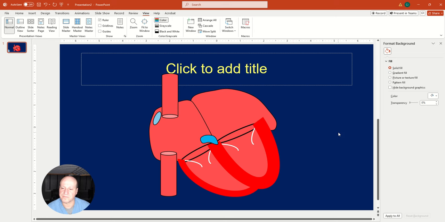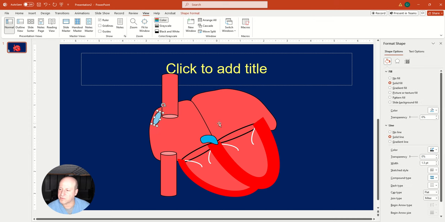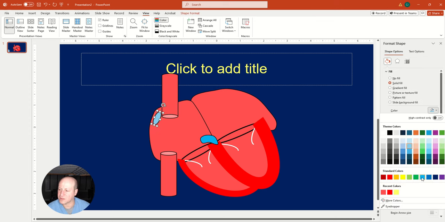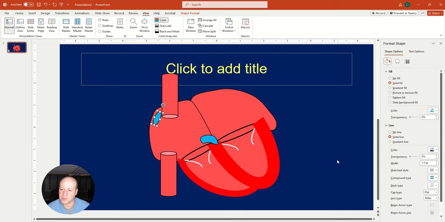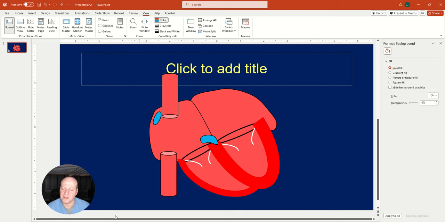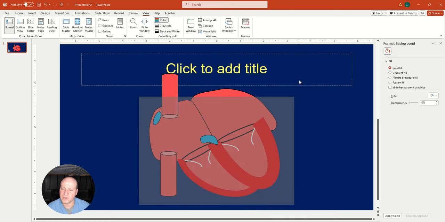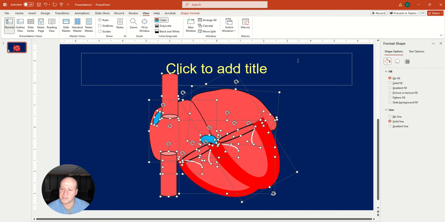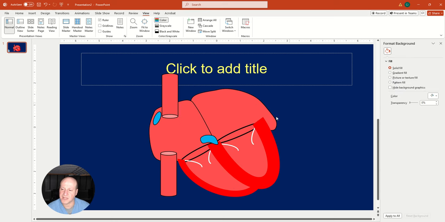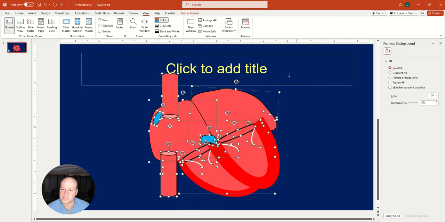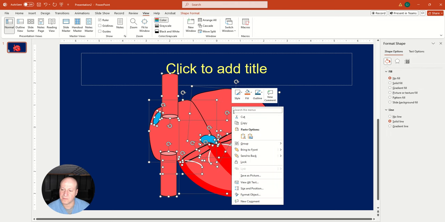And there we are. There's our heart. Oh, I noticed these two colors are different. Fine. If I want them to be the same, I can always change that. Go back to color. I think this was the color I used there, light blue. Now they're the same. And if I want to use this heart, move it around, I showed in the last video, I'm going to encompass all of those elements. I'm going to right-click on one of them. If I right-click over here, it deselects them. So I'm going to select all of them, right-click, group,